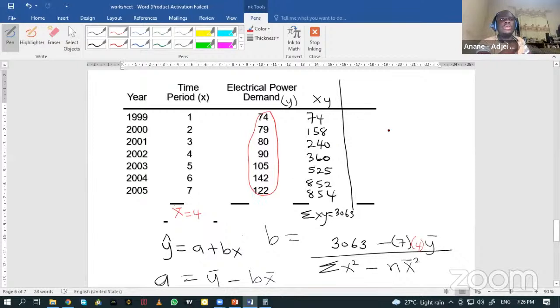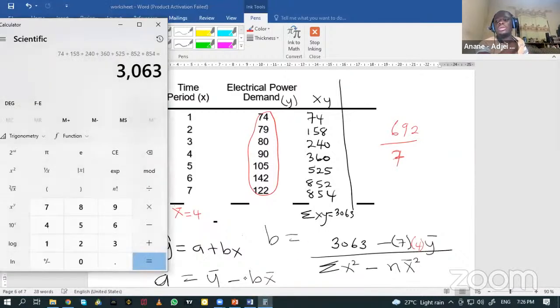And what is the total there? Somebody's saying 692. So if it is 692, then we divide it by 7, the number of periods. So 692 divided by 7, which will give us